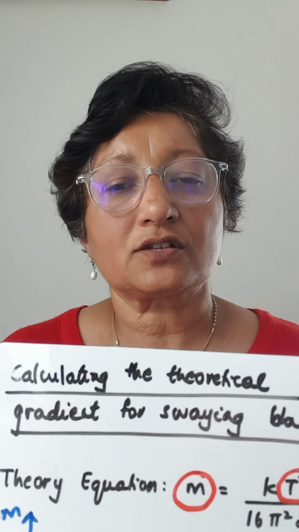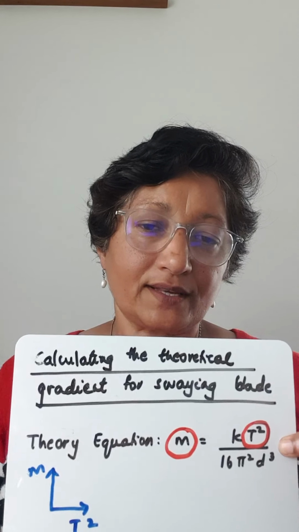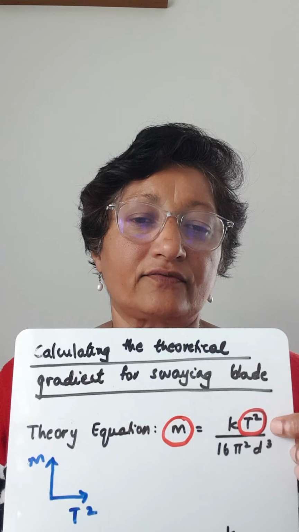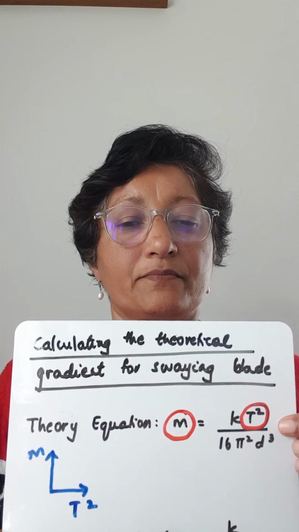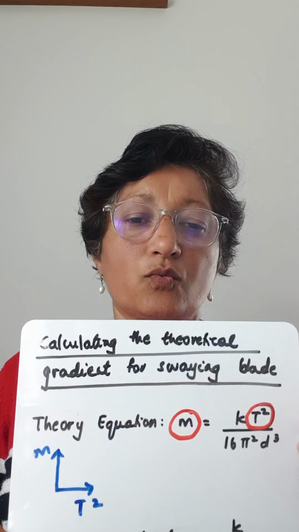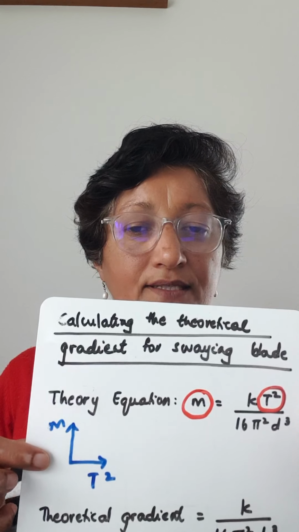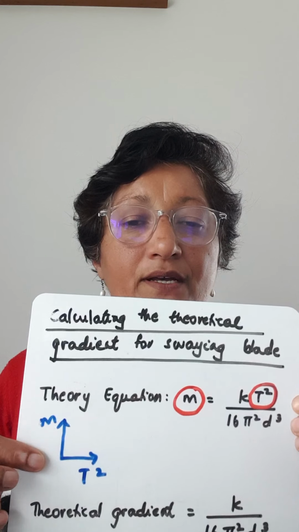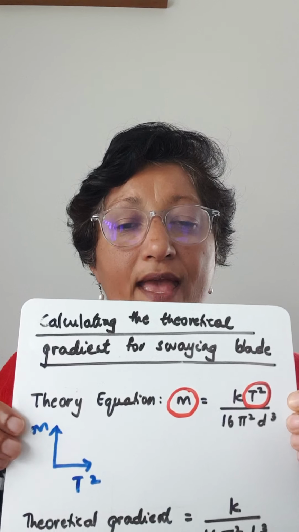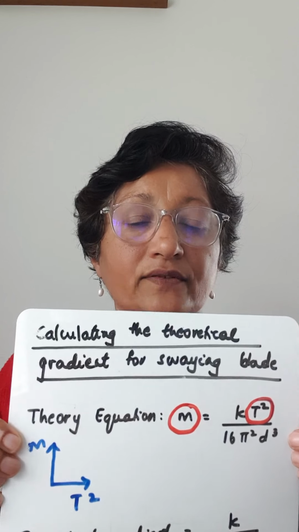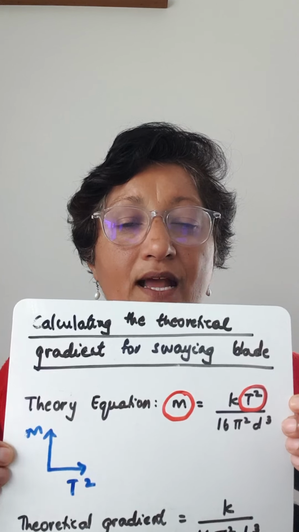So the first thing that you need to look for is the equation that is given in the question. So the theoretical equation is what I've got here on the top: M equals kt squared over 16 pi squared d cubed. Now what I have circled are the two variables which you're going to have on your y-axis and your x-axis. Remember, the quantity that is by itself, whatever it is, is what goes on the y-axis. Okay, so whatever I haven't circled in red, that means whatever is not already on the axis, that becomes your